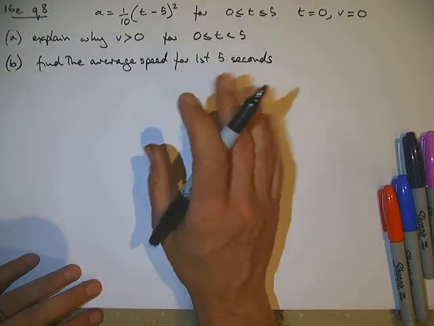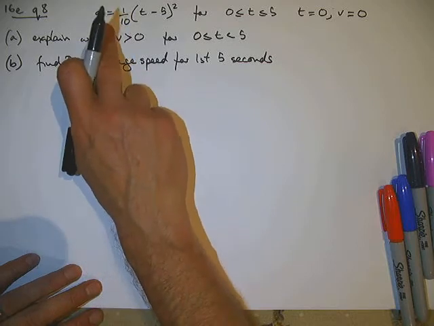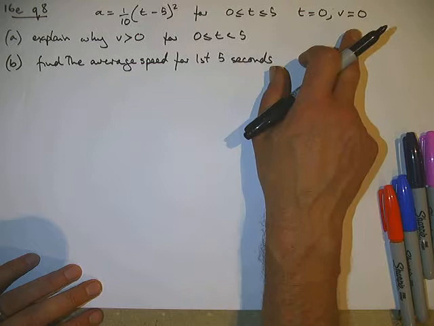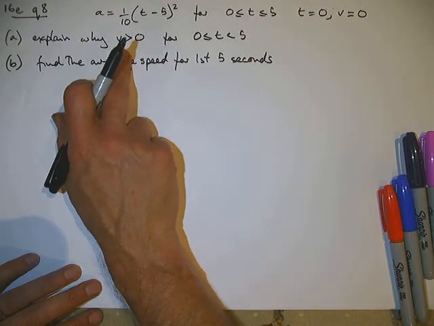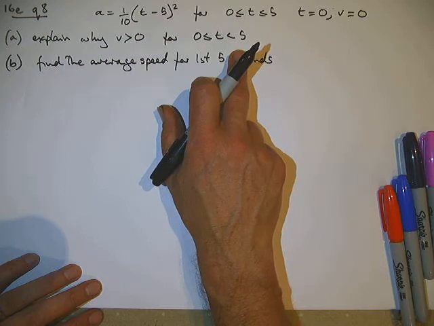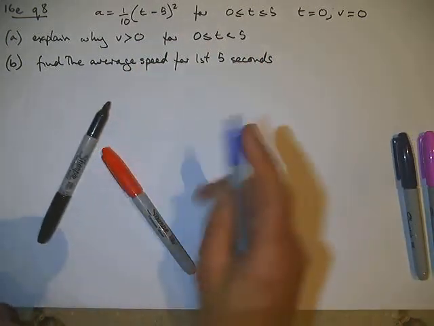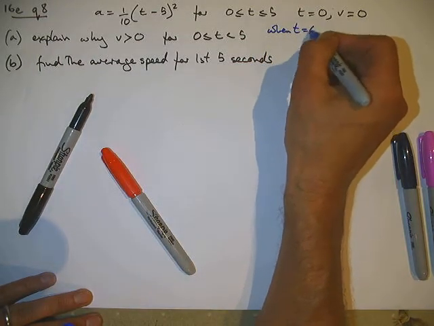Someone's asked me to go through exercise 16e question 8, which is the one where the acceleration is this for the first 5 seconds and it starts from rest. First question is explain why v is greater than 0 for those 5 seconds. Well, for that we have to look at this here. So when t is 0, v is 0,